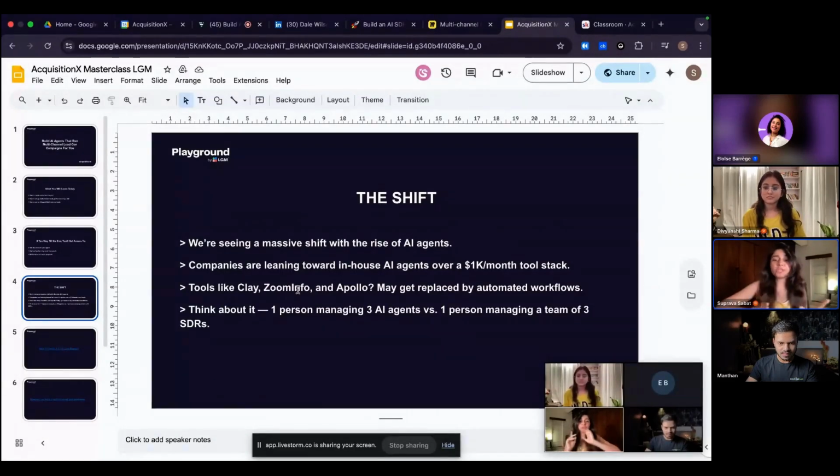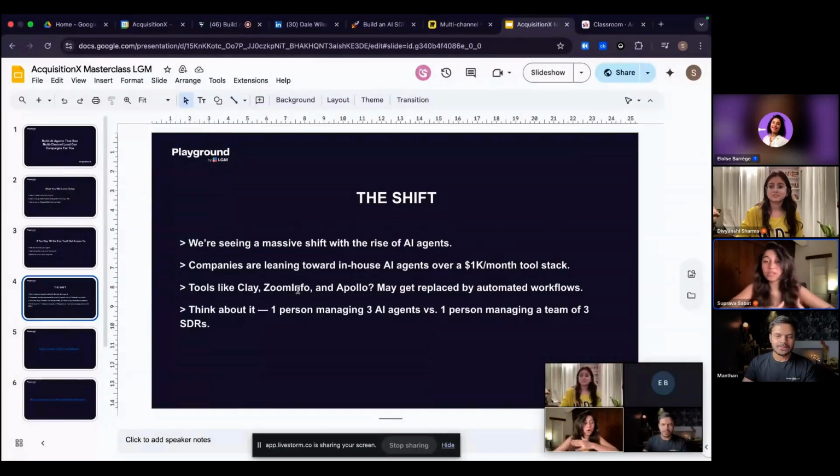Now, if you see, companies are moving towards in-house AI agents rather than having a crazy tool stack, right? Tools like Clay, ZoomInfo, Apollo, apart from Apollo, Clay and ZoomInfo are very costly software, right? And I feel the target audience that actually uses Clay does not even know how to operate Clay, right? I mean, I love Clay. We ourselves use it, but it becomes a little difficult when it comes to the operation. Small teams cannot use Clay. So these are a few things where any team can automate the entire workflow.